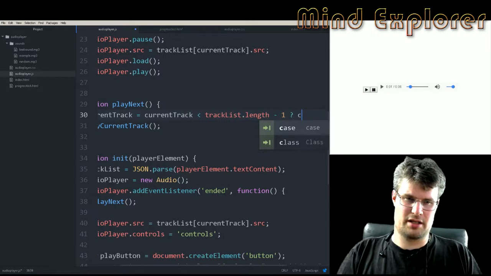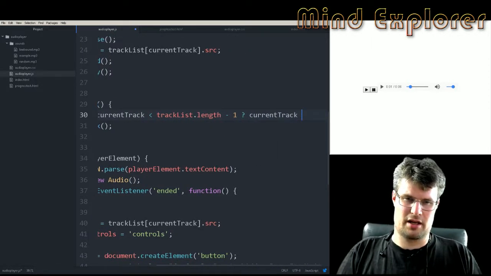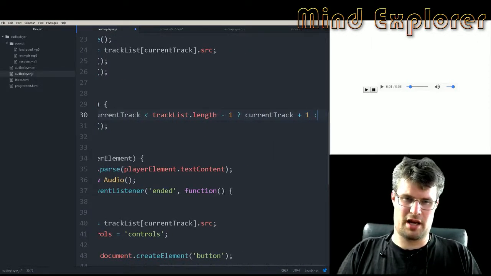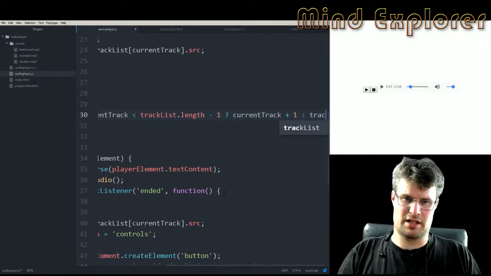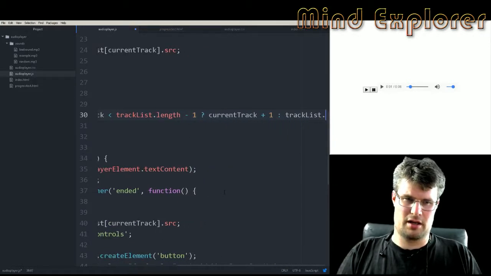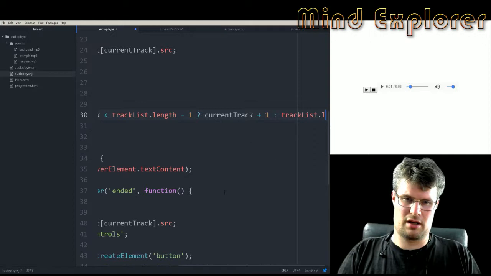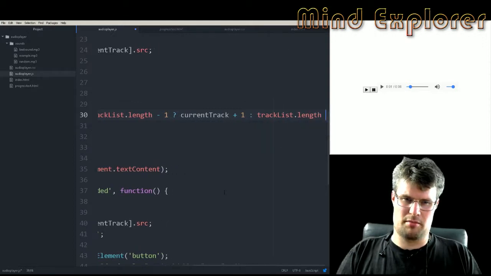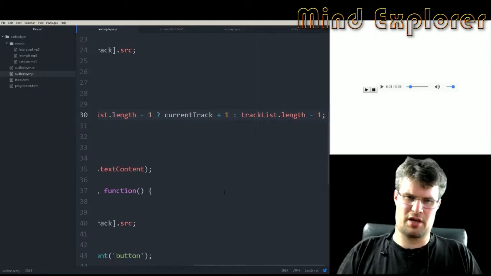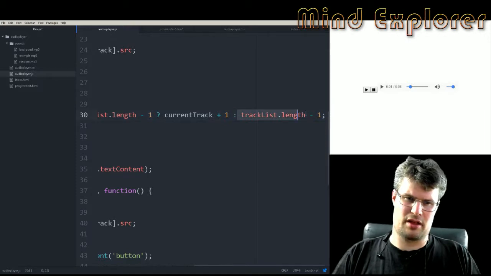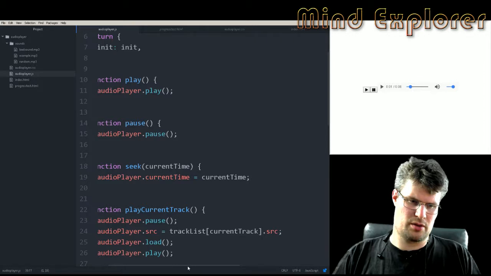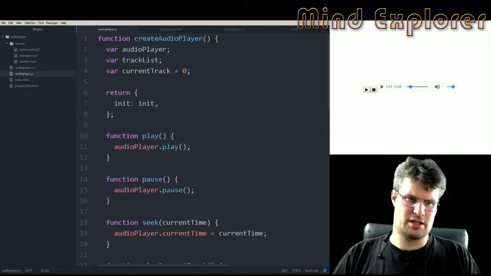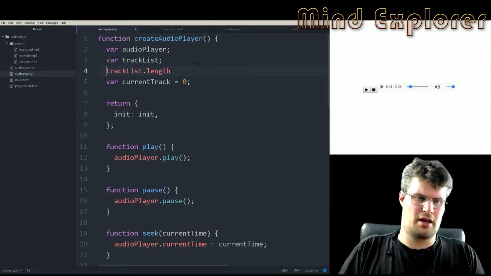And if it is, then current track can be equal to +1, and if not, we will say that it's track list length -1. And I think we will use this track list length a bit, so let's create a function for this